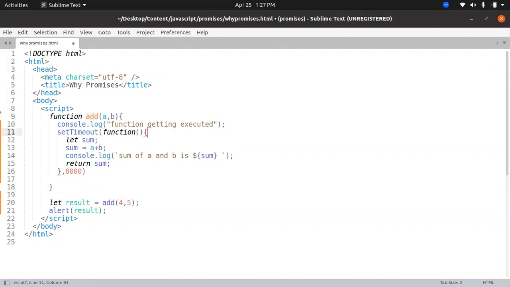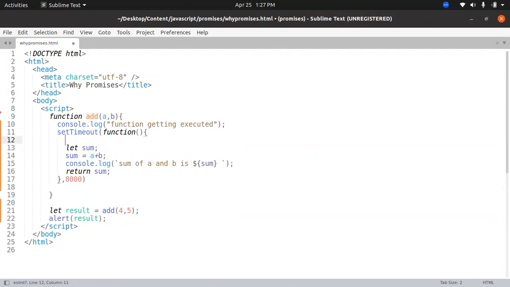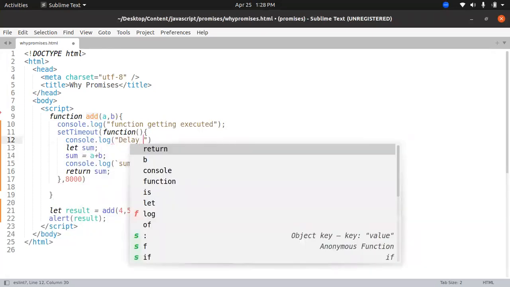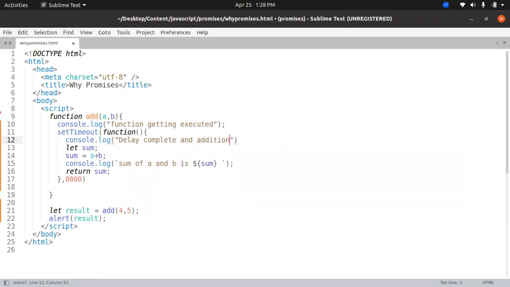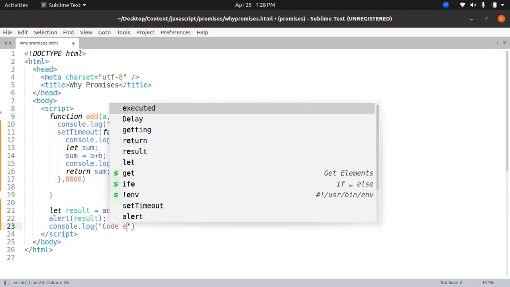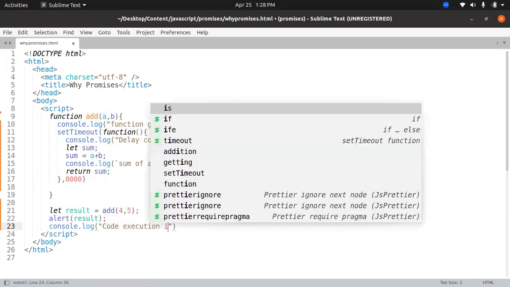Then we will have another line of code here, which is to show us that the delay is complete. And now I'm going to start the actual addition. So delay complete and addition started. Then next, I'm going to print the addition of two numbers. And here in the ending also, I'm going to add a console message to just demonstrate that the code execution